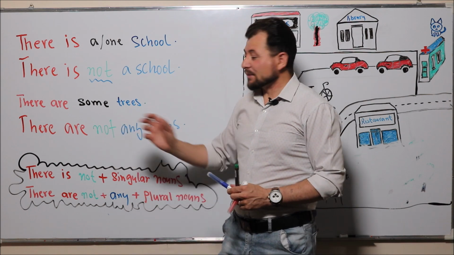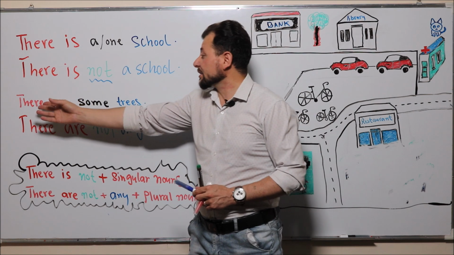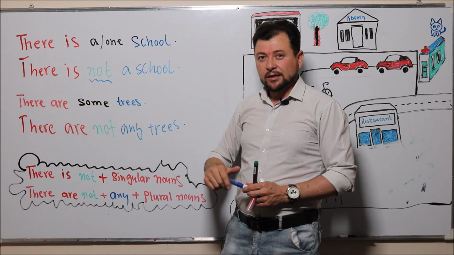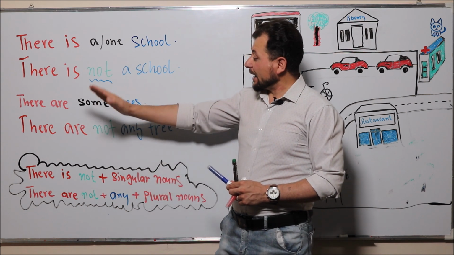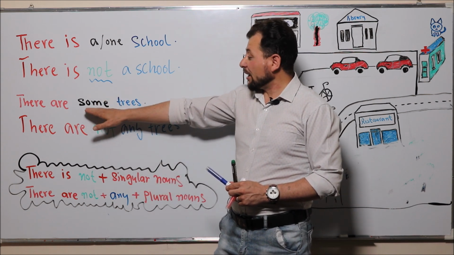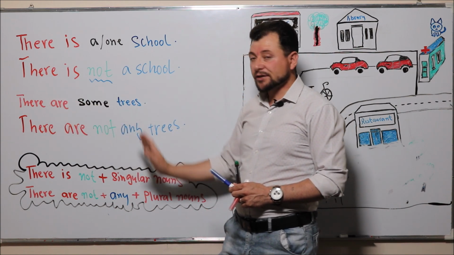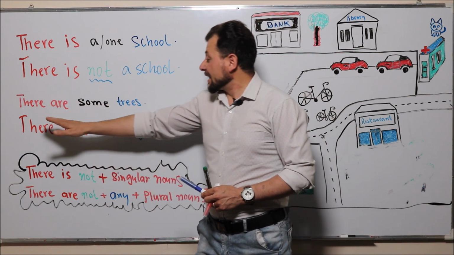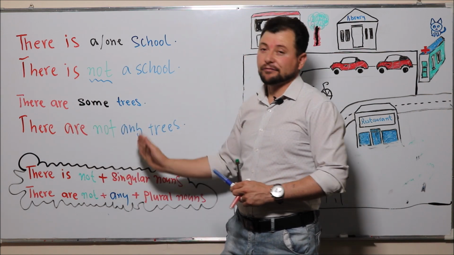Imagine there are some numbers. فکر کنید که اگر در امی جمله نمبر باشه، برای مثال اگر باشد که there are 5 trees، اگر به عوض some در اینجا 5 باشد، بازم که به منفی تبدیل میکنیم، به عوض 5 ما پس انی را استفاده میکنیم. So I can say there are 5 trees, and the negative is there are not any trees. I cannot say there are not 5 trees.